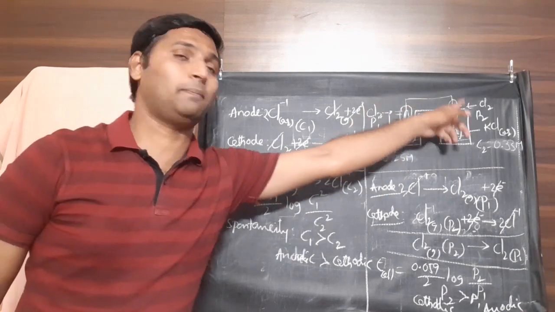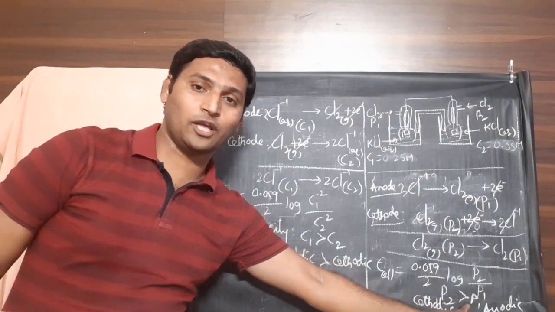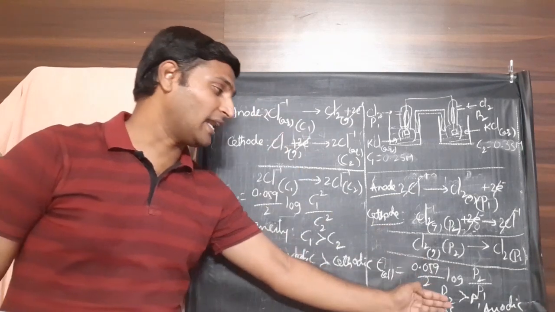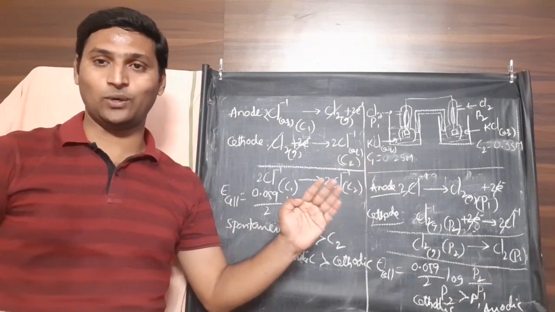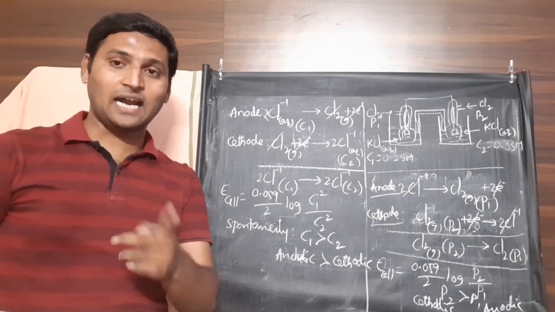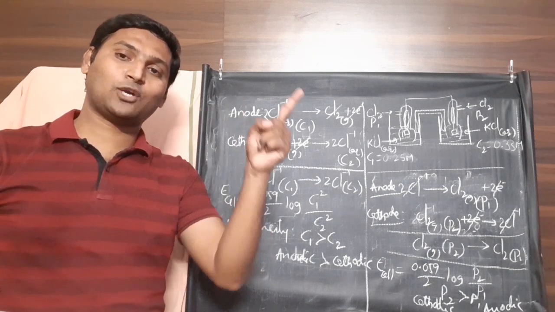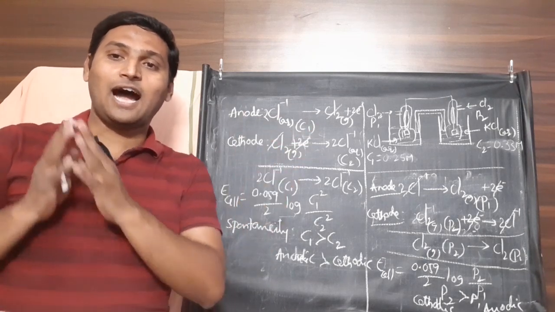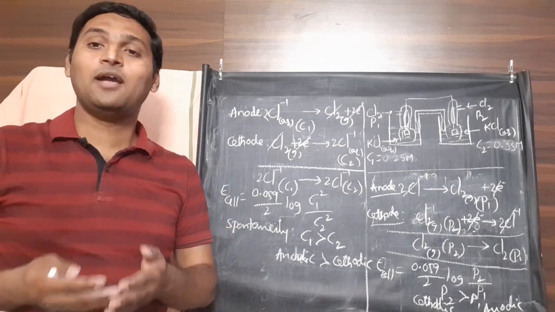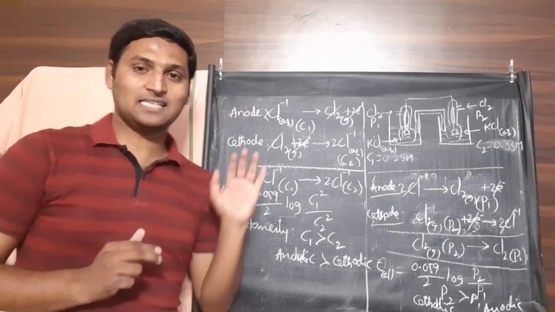of solutions but different partial pressures of gases, then the cathodic partial pressure must be larger than the anodic partial pressure. Or the one having larger partial pressure acts as cathode, the one having smaller partial pressure acts as anode. Whereas previously, 2 minutes back when we discussed the hydrogen electrode, you noticed that the larger partial pressure electrode is acting as anode, the smaller partial pressure electrode is acting as cathode. Why? Hydrogen undergoes oxidation. Here, cathodic partial pressure is larger. Why? Because chlorine undergoes reduction.